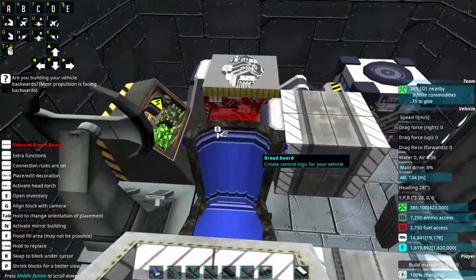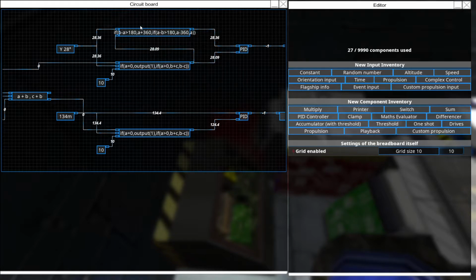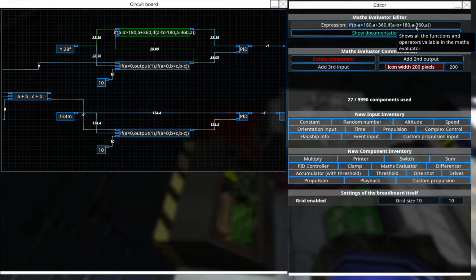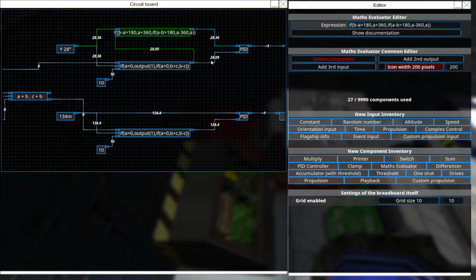There. And yeah, what I've done right here with this mass evaluator, I'm also going to put this into the description. This is just there to take care of a problem when the angle swaps from minus 180 to plus 180, because yeah,